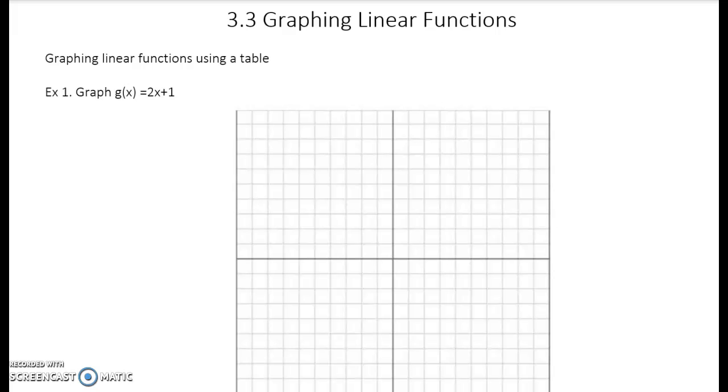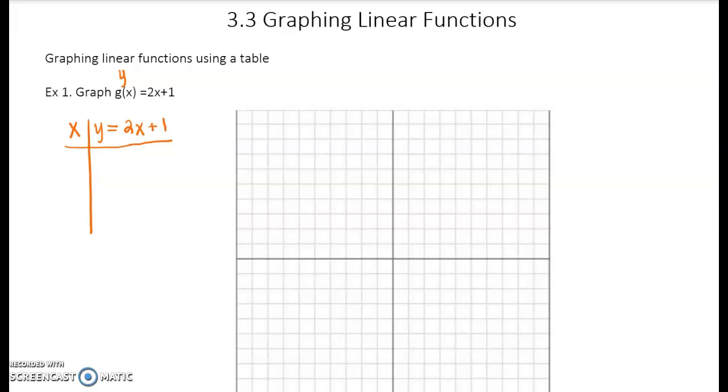All right, so this is 3.3 graphing linear functions. We're going to be starting off by graphing using a table. So example number 1 says graph g of x equals 2x plus 1. So you're going to create an x and a y. And remember, f of x or g of x is the same thing as saying y. So we could say y is equal to 2x plus 1